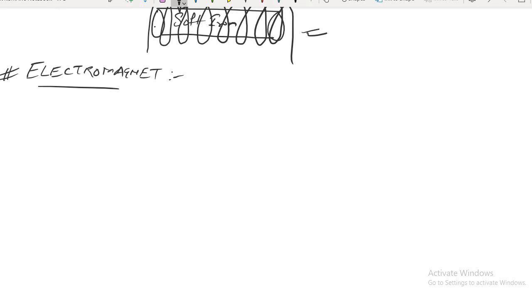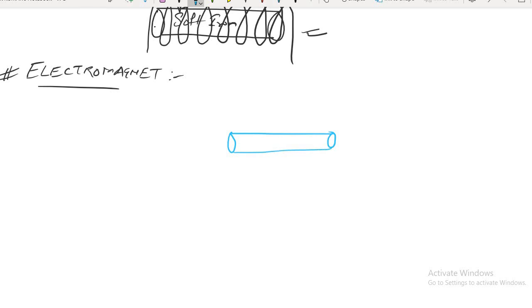Okay. Just see here. Right now I have drawn a diagram which I am repeating again. Let me take a soft iron core, like this.